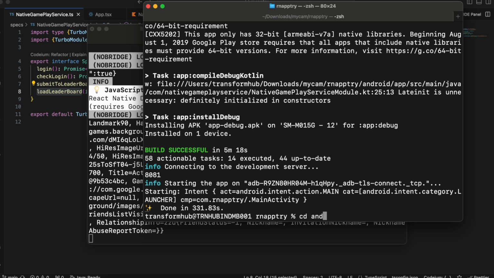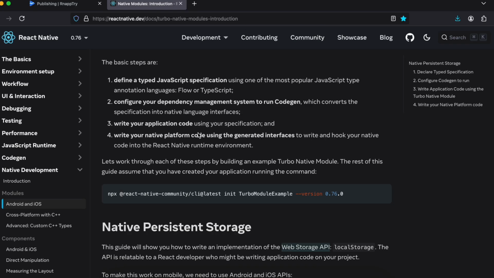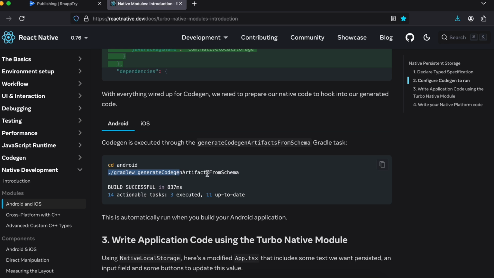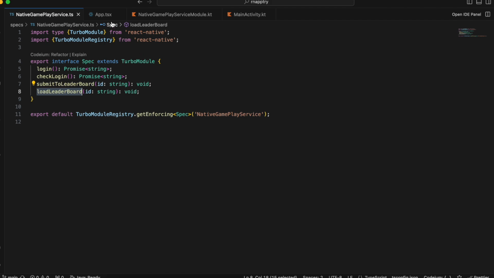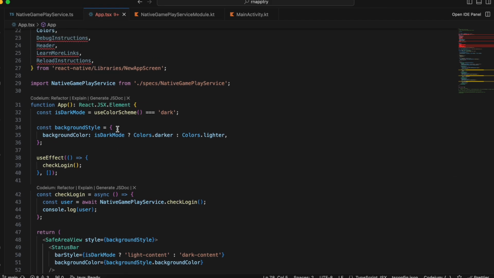So you can go to your Android folder, and if you go to the documentation, we'll again have to run this particular command: ./gradlew generateCodegenArtifactsFromSchema. I have already run this command, so I won't run it again. Once you have successfully run this command, you will have to go to app.tsx, and here you can see that